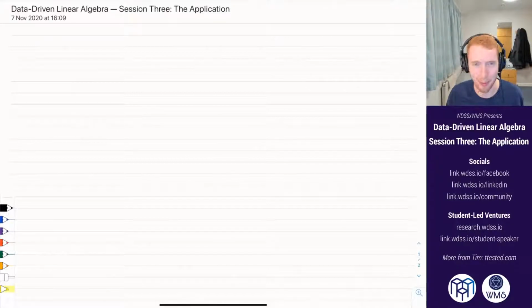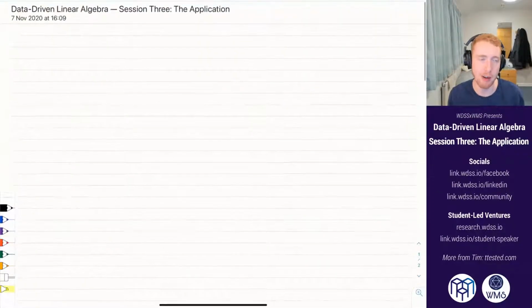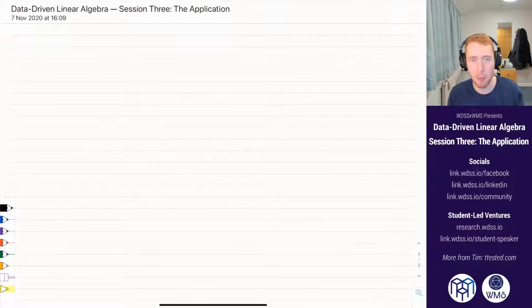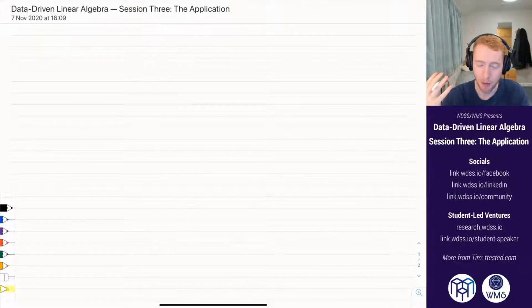Sorry about that. So now we're going to talk about some more complicated applications, some wider applications of the SVD. The first thing we're going to look at is how the SVD is used for search and recommendation algorithms. In particular, we'll look at the Netflix prize. The Netflix prize was a competition run about a decade ago now, in which $1 million was offered to whatever team could devise the best algorithm for building a recommendation system